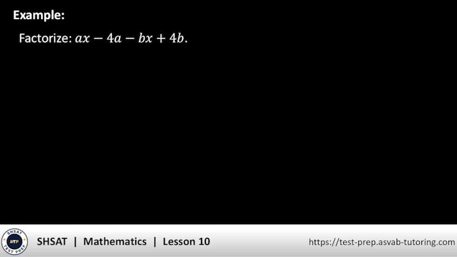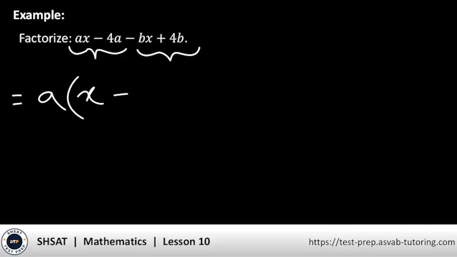Okay, once again you take commons, okay? So from the first half here, from these two terms and from these two terms, this time because we have 4 terms here, we can try to separate into 2 halves. So we take 2 on the first side and 2 on the next side. So if you take common, what can you take common from ax minus 4a? Of course, you can take a common. So ax divided by a is just x that's remaining, minus 4a divided by a, that's just 4 that's remaining,